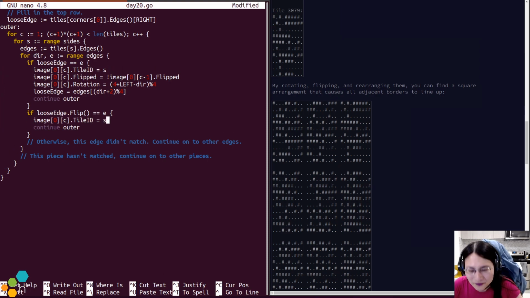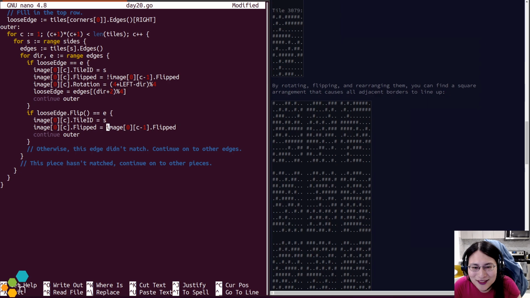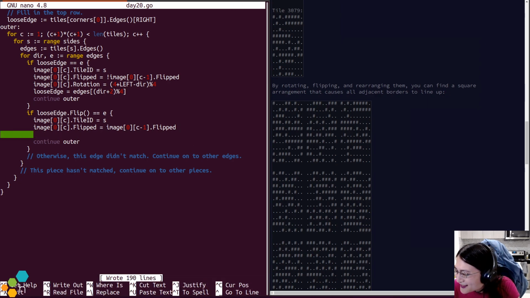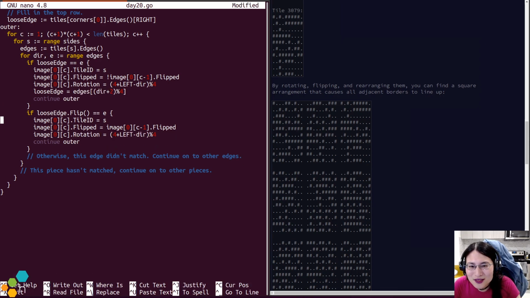Okay. Let me just check this. So if I did have to flip this, then I did have to flip the previous thing to make it match. Then it means that, yep. Okay. Yeah, Ariel, you're 100% right. Thank you for the hint here. All right. What does this say about rotation? And what does this say about direction?